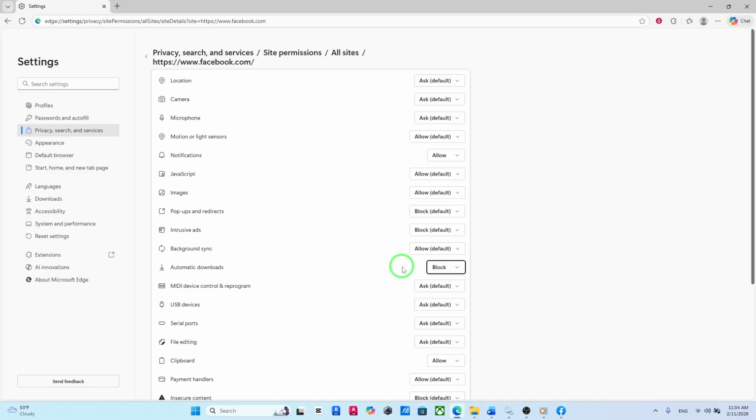If you're ever unsure about a change, you can revisit these steps to adjust again. Keeping an eye on app permissions is a good habit, especially after updates that reorganize settings. You'll find that blocking automatic downloads not only saves bandwidth, but also gives you more control over what arrives on